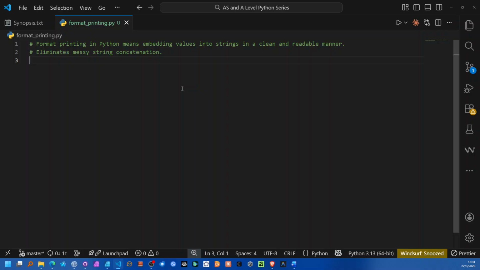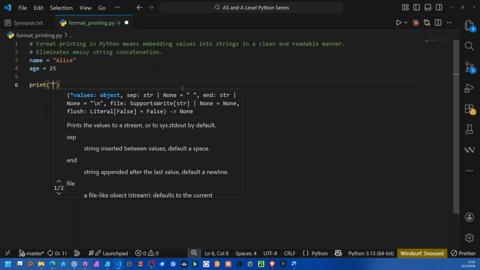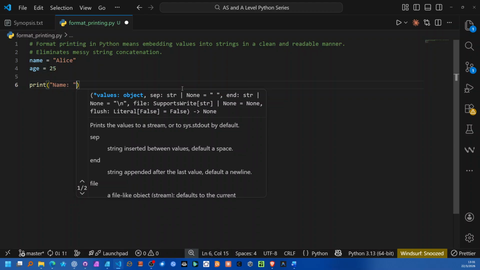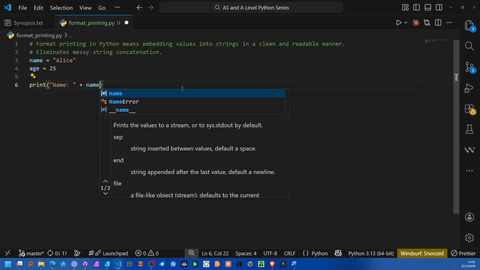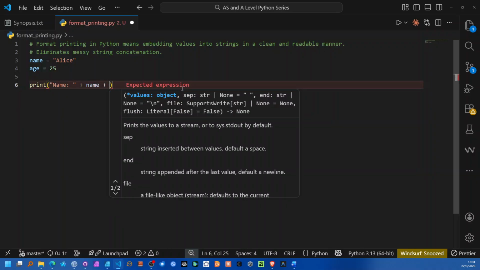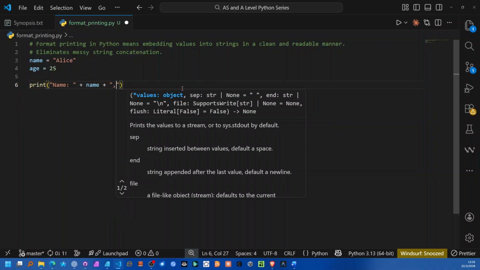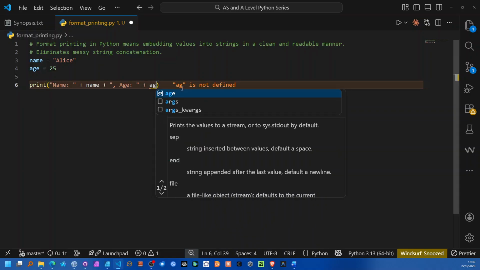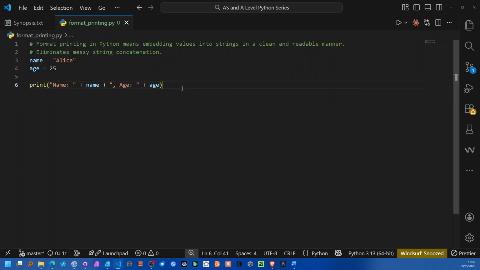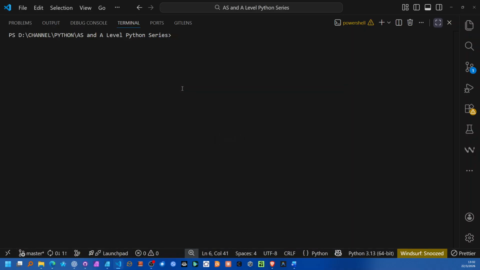So maybe let's have a name, like Alice. Then let's have the age, and let's set that to 25. Then we are going to print this. So we can say name, then we concatenate with a plus, then we also want to concatenate the age as well, so we put a comma, then age, then we concatenate with age right there. If we go ahead and save this script and run it on the console,